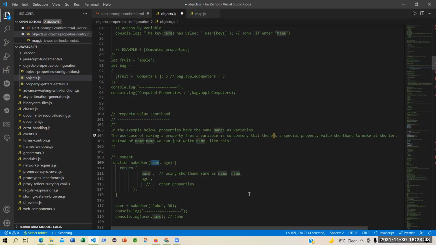This is the value that is being passed into the makeUser function. And because the name and the value and the property are the same, the age is the value, and this age is the property, or you can say the key. So you just mention the key name and key age, and of course give a comma if needed.